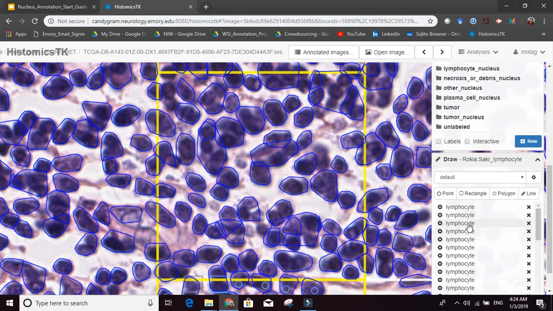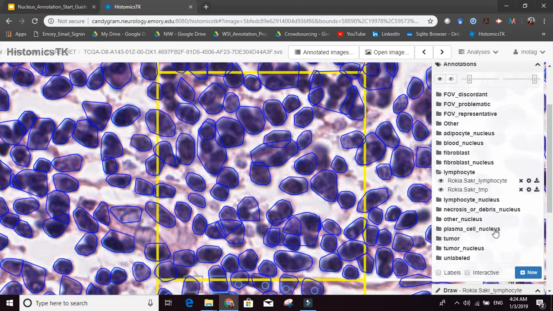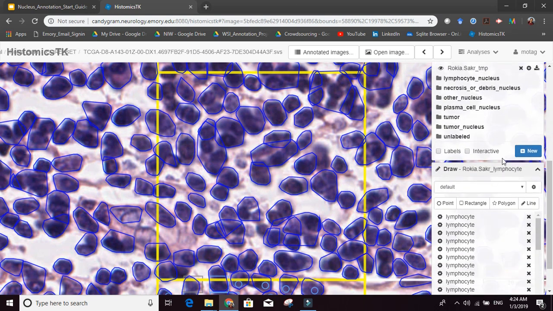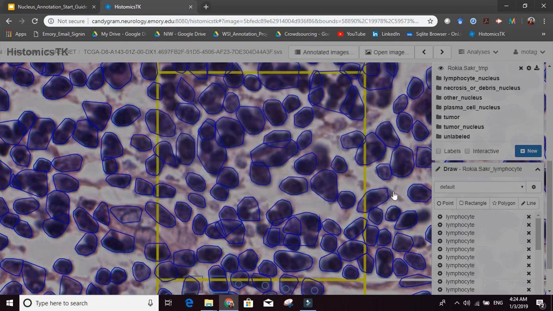Rukaya underscore soccer lymphocyte. This is where all the lymphocytes are stored, okay? Because what this shows is the style, like lymphocyte, not the group of annotations. Technically, you can make a new one, no problem. You can create as many of these as you want.